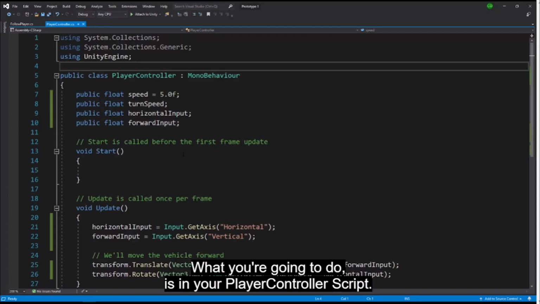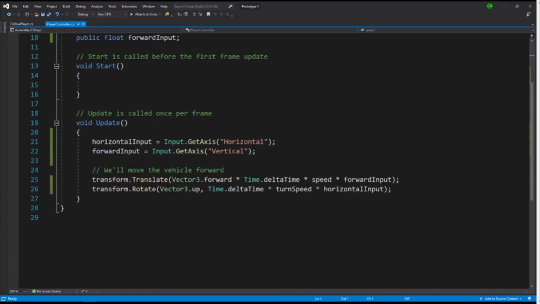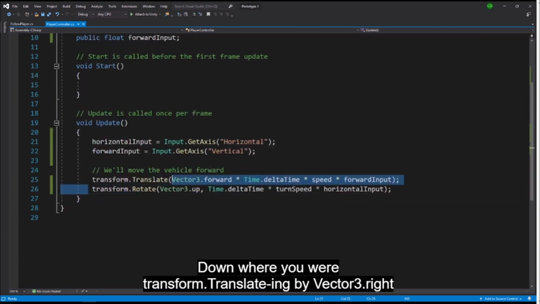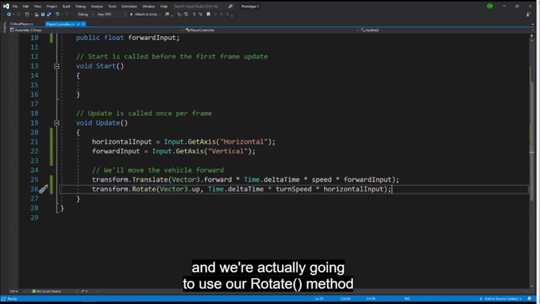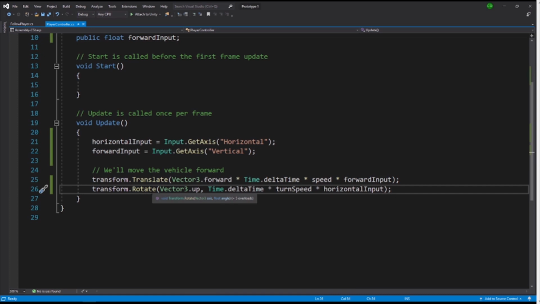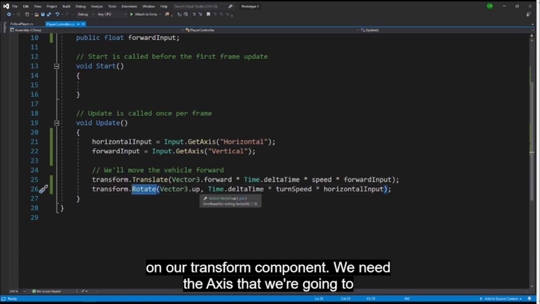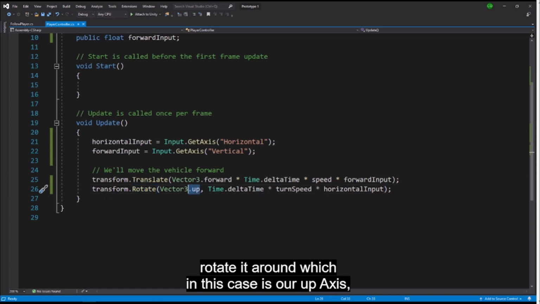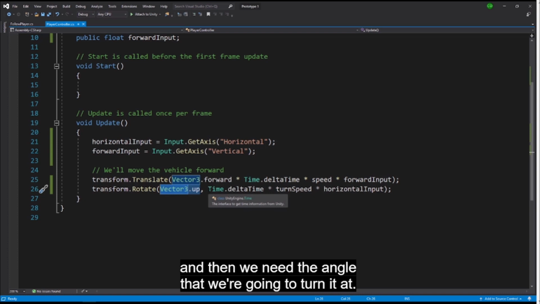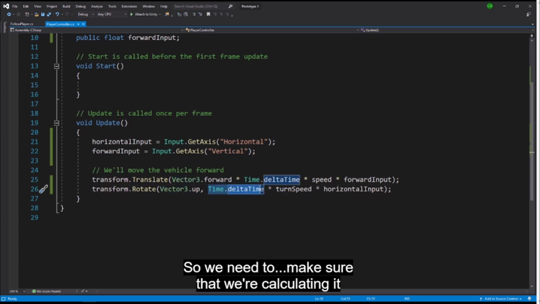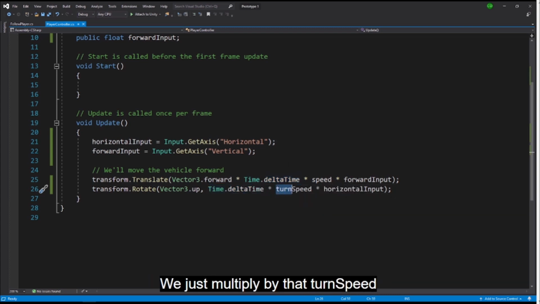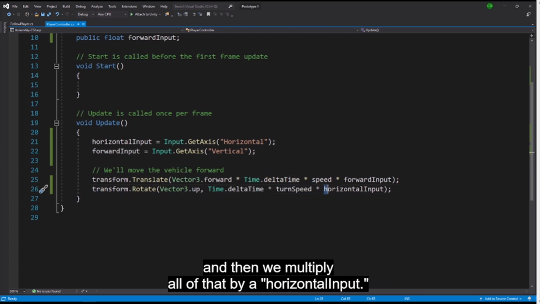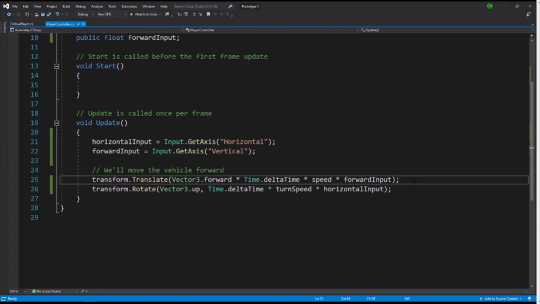So what you're going to do is, in your player controller script, down where you were transform.translating by Vector3.right, you're going to create a new line of code underneath it, and we're actually going to use our Rotate method on our transform component. We need the axis that we're going to rotate it around, which in this case is our up axis, and then we need the angle that we're going to turn it at, so we need to make sure that we're calculating it based on time instead of every frame. We just multiply by that turn speed, and then we multiply all of that by our horizontal input. And then when I save,